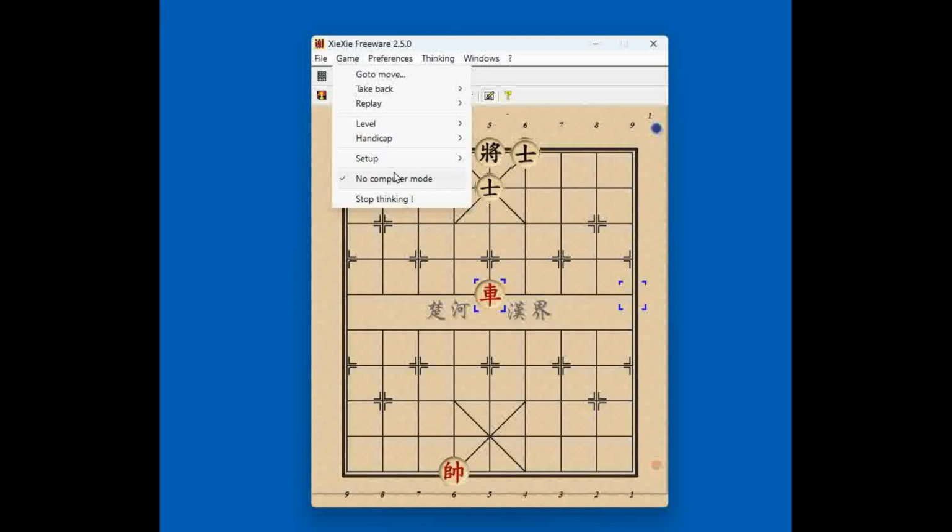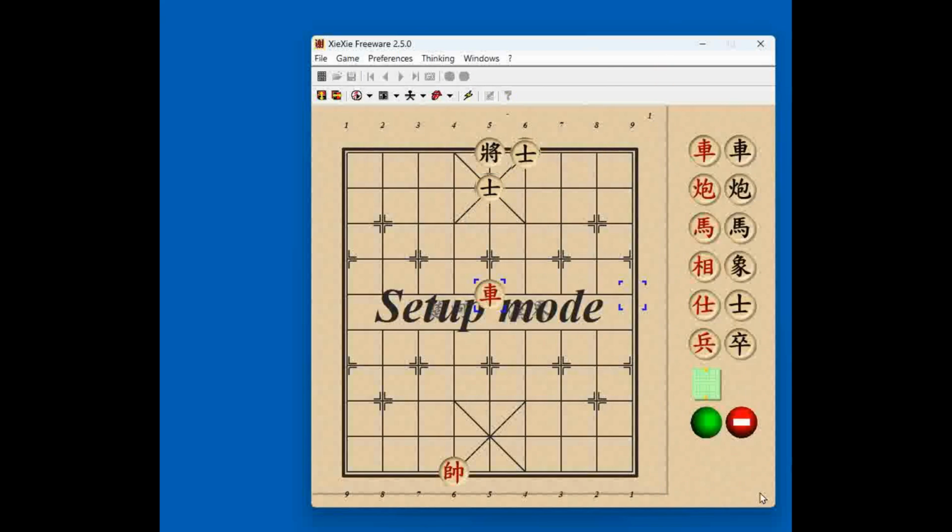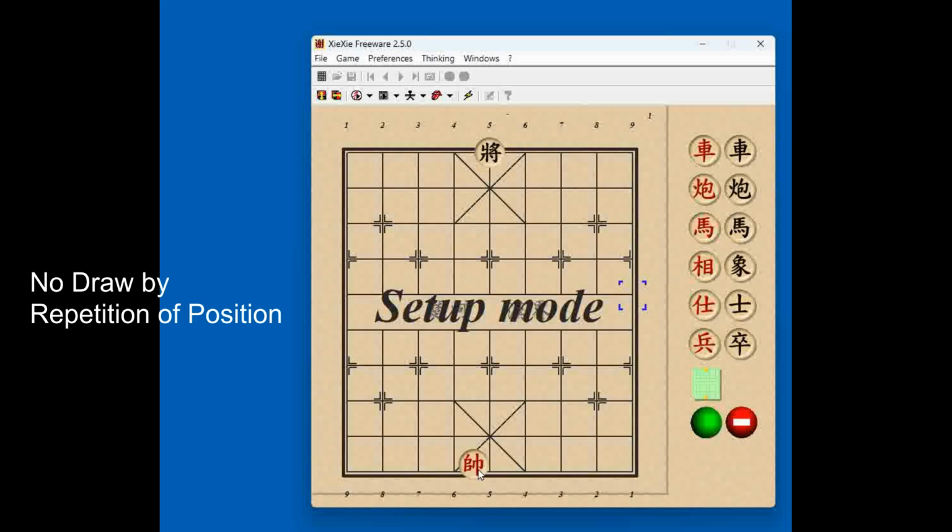The final rule I'm going to cover here that's different is that there's no draw by repetition in this game. As far as I know, the only way you can get a draw in this game is by agreement or by insufficient mating material. You cannot save a game by